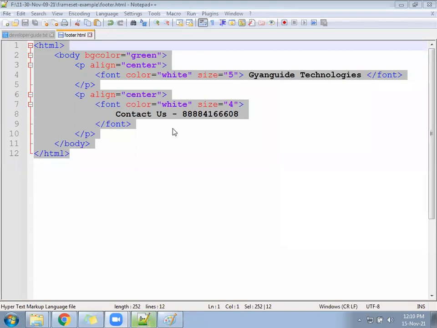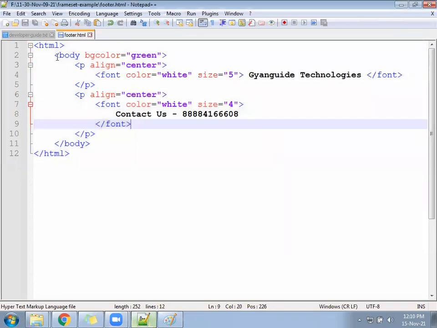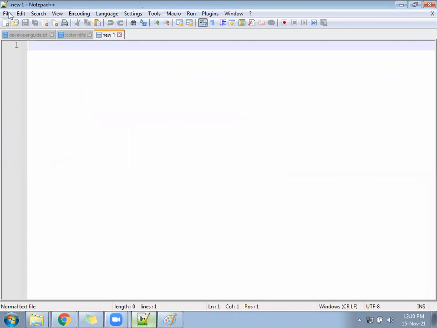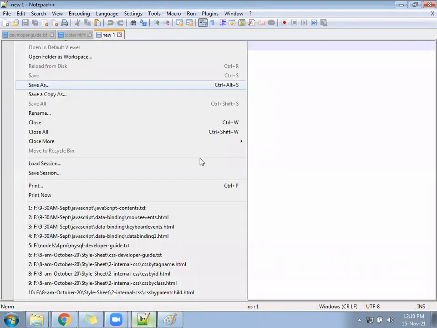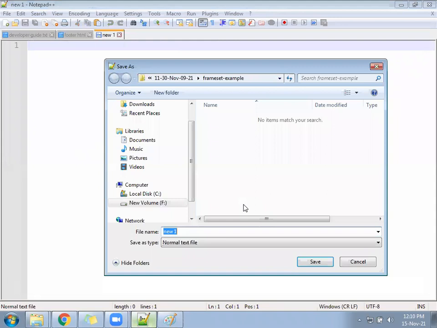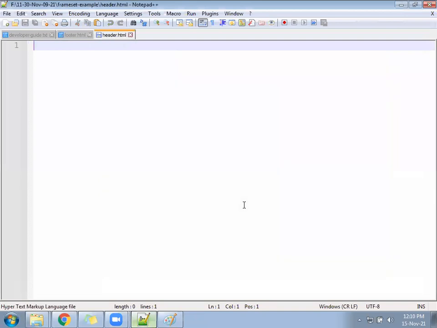Okay. Next file, we are going to create a file called header that will appear on the top of the screen. So create the next file called footer.html. No, sorry, we created footer; now header.html. Next file header.html.